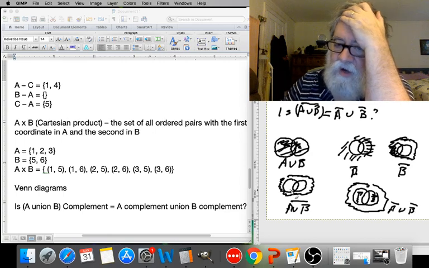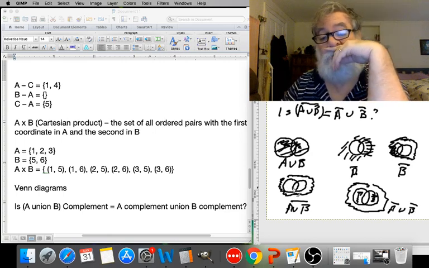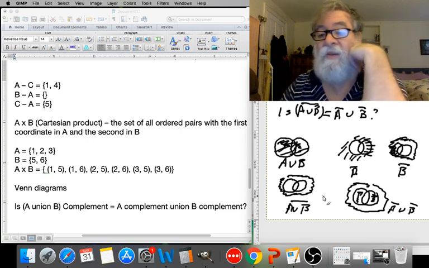And if you look, they're not the same. This one leaves out these portions right there and there, and this one puts them in. So the answer is,